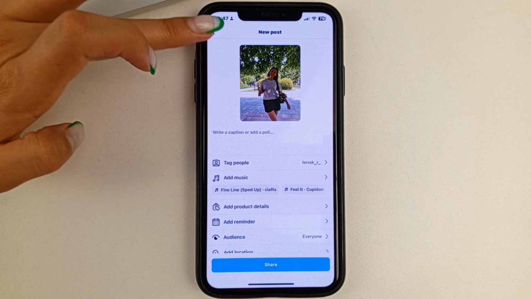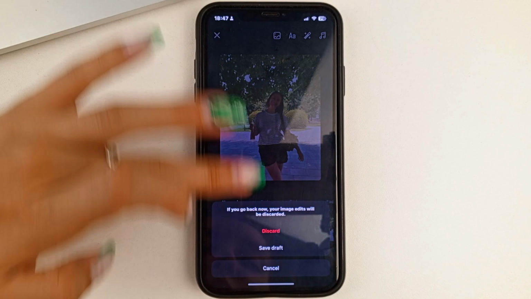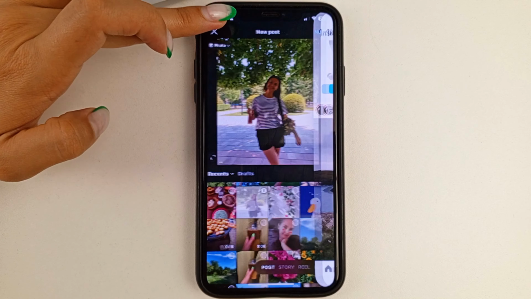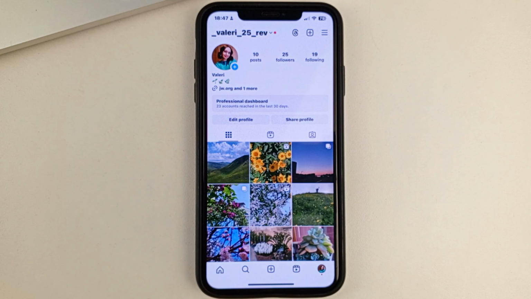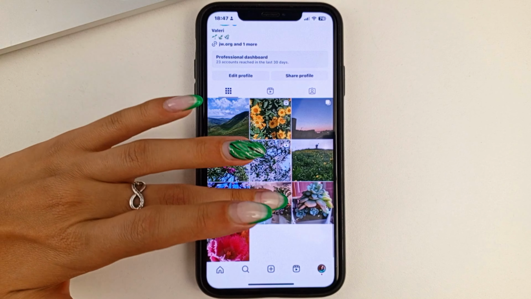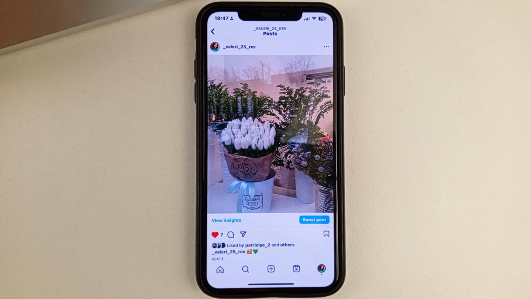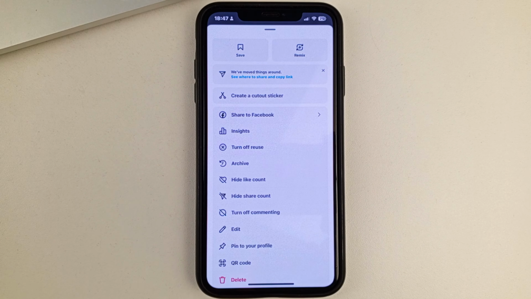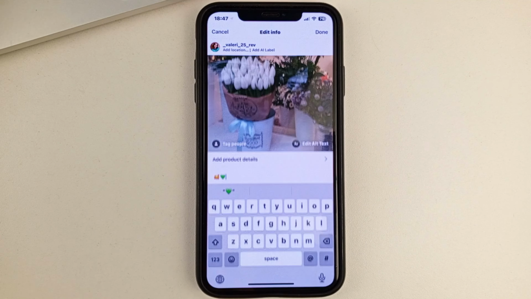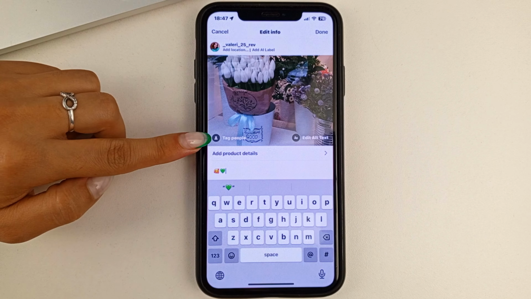And the second option. This is if you, let's say, already have some post, and you would like to mark a person on it, that is, this post is already posted on your Instagram. How do you do that? To do this, friends, you will need to open such a post. Then click on the three dots above it. And then select Edit. And here choose to tag the person.